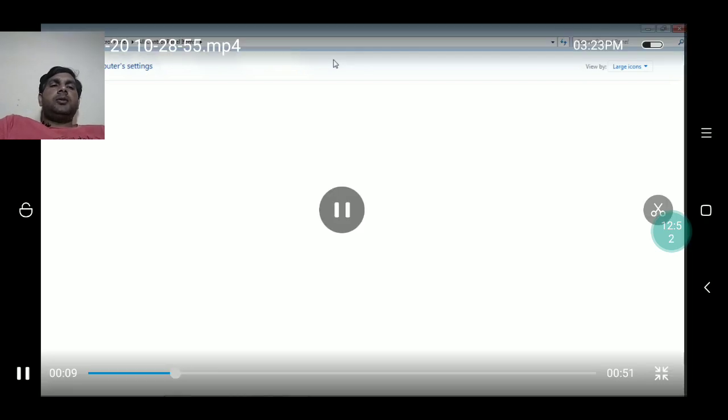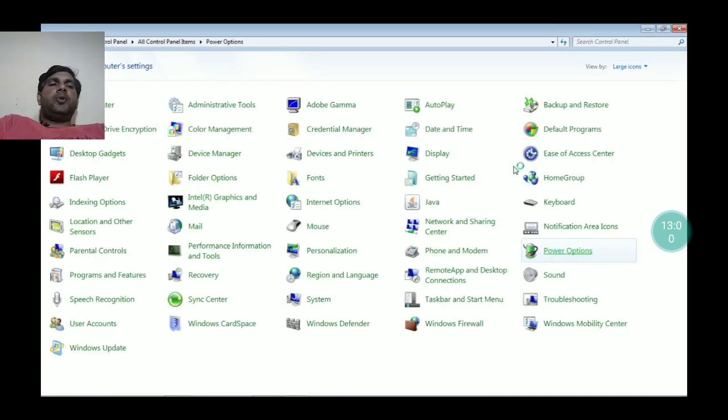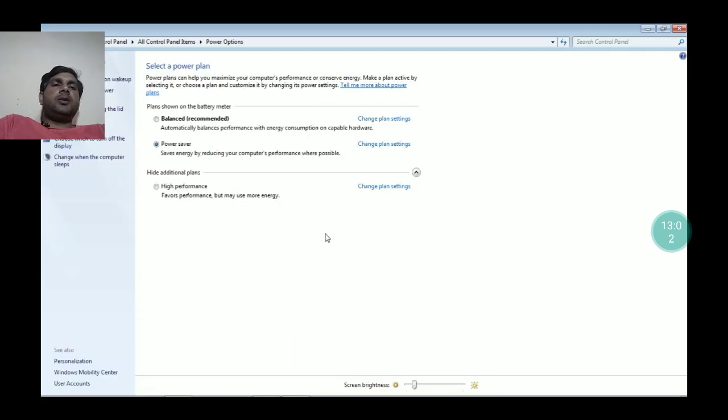So first mode is sleep mode and second mode is hibernate mode. First let's see how to change sleep mode. Go to control panel and then click on power saver and change plan settings.